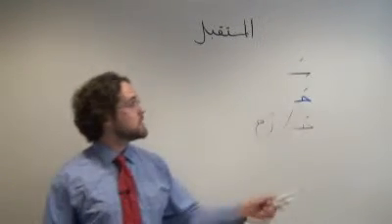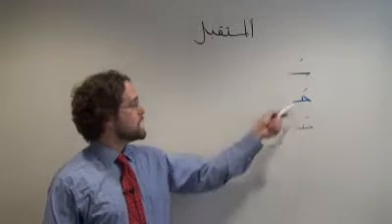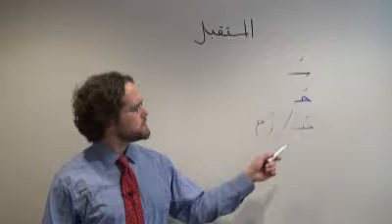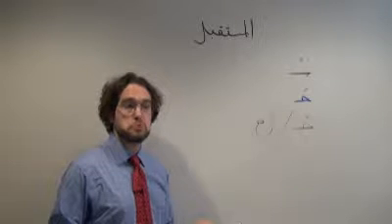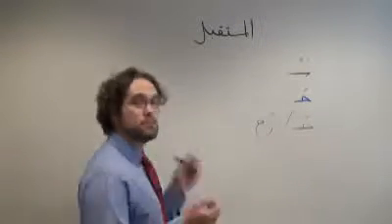In Fusha, MSA, it's going to be sa. In Masri, Egyptian dialect, it's going to be ha. And in Shami, Levantine, we have a choice of either ha or rah. So for example, if we take a present tense sentence like I'm going to the movies,